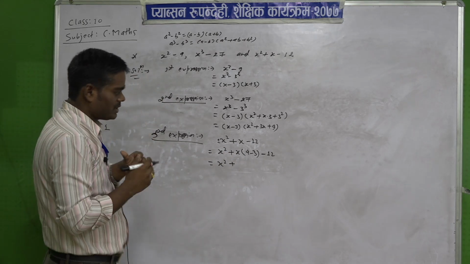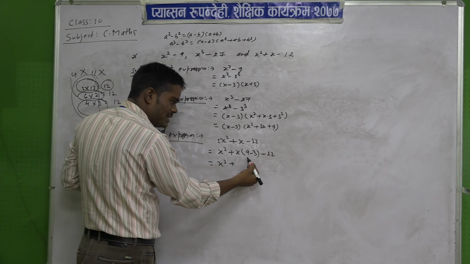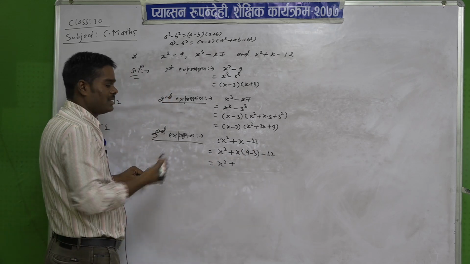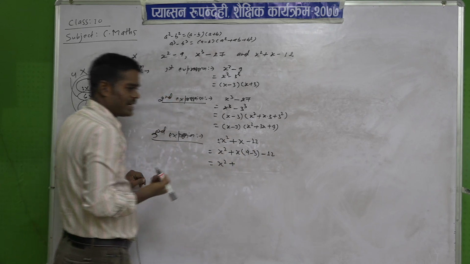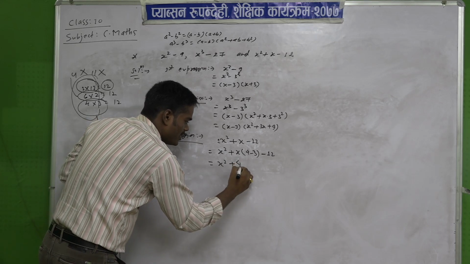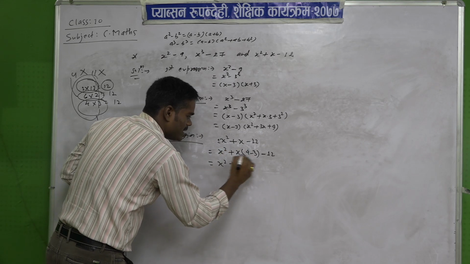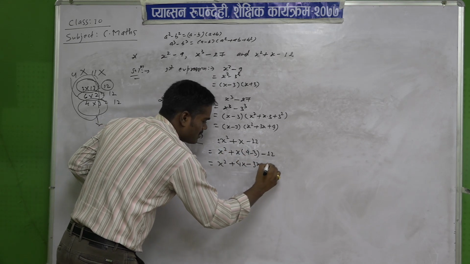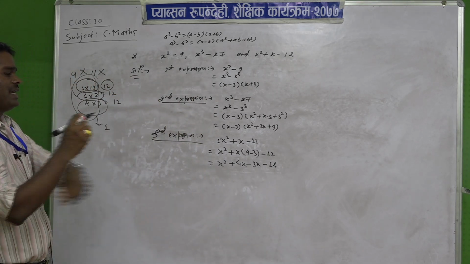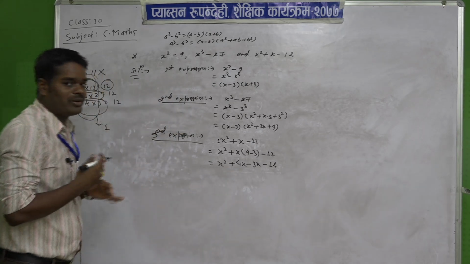the bracket. While opening the bracket, firstly you have to multiply the sign outside with the number inside the bracket, and with the variable inside the bracket. So, plus into plus, plus 4 into x, 4x; plus into minus, minus 3 into x, 3x; minus 12. And then after, again we have got 4 terms, 4 parts.